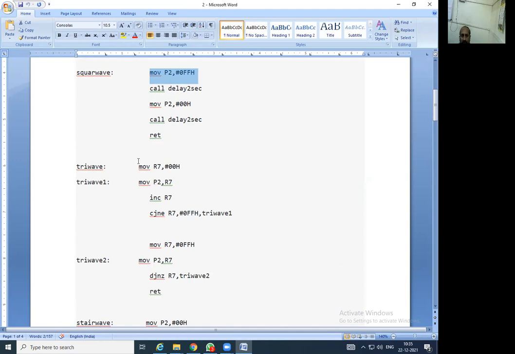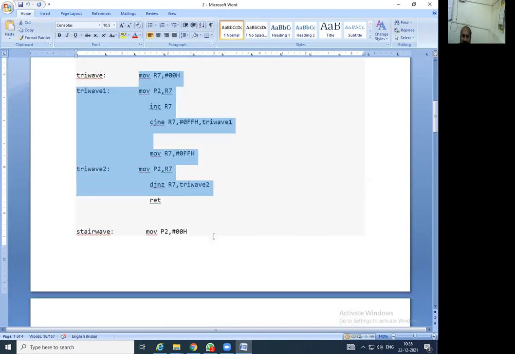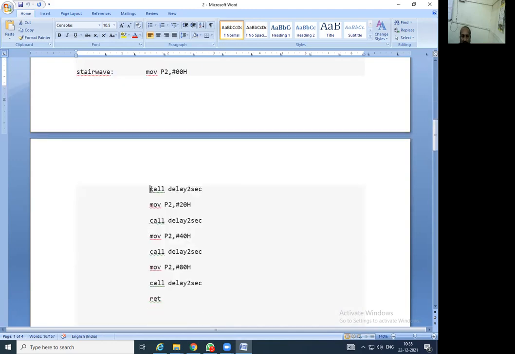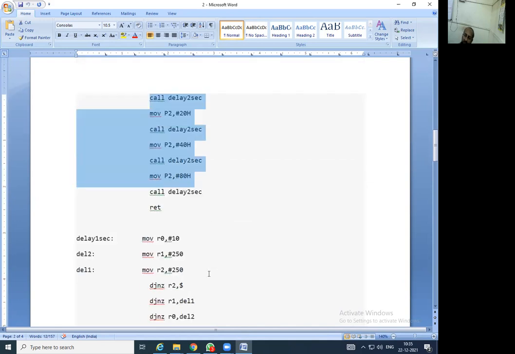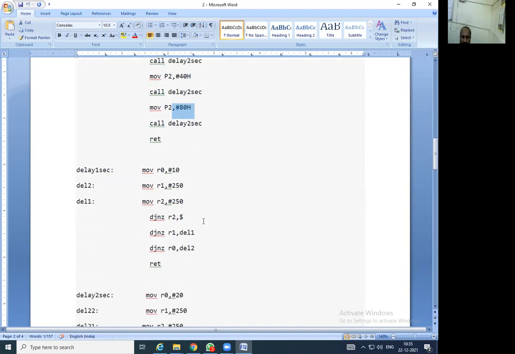In the same way, for a triangular wave, this code is there. For staircase wave, this particular code is there. Staircase means for some time the middle stage, for some time the next step, and the next step, like that the staircase is formed. There also the minimum value and the maximum value have to be decided, so that the size of the step can be decided. Accordingly, 20, 40, 80 is getting translated over there.